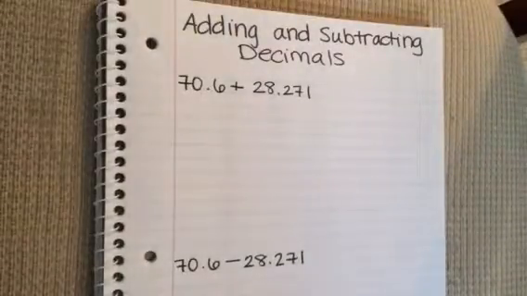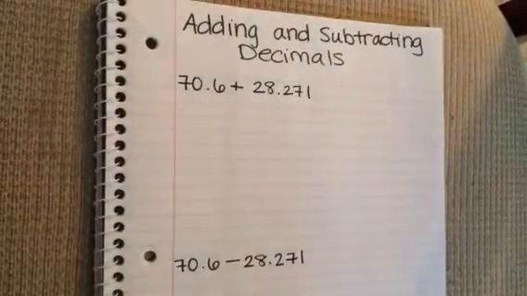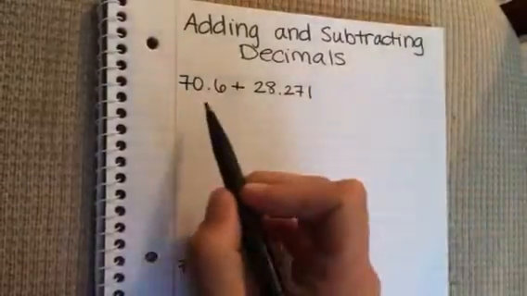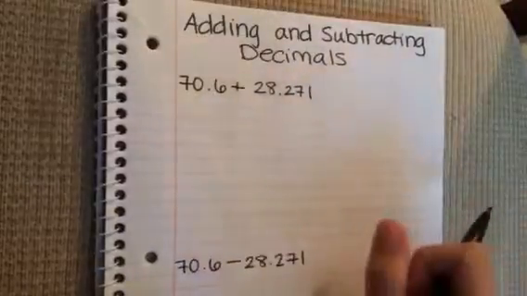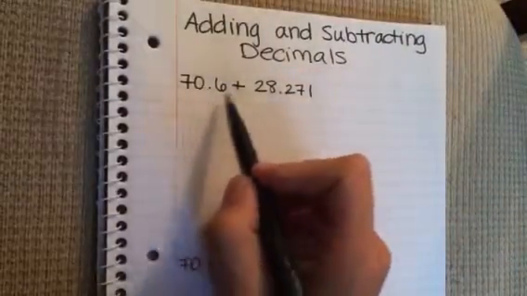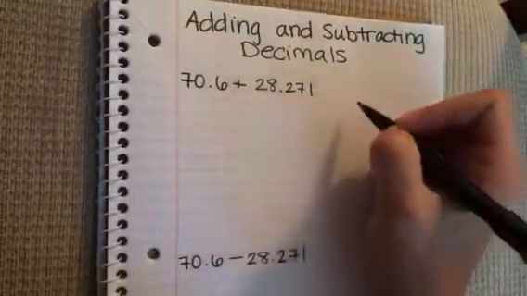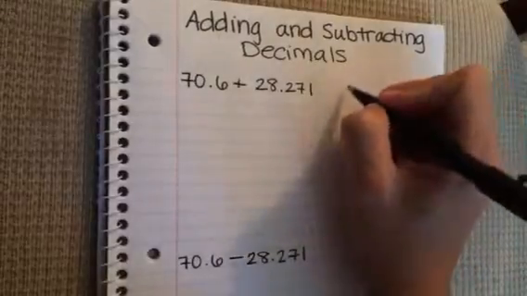Let's look at an example of adding and subtracting numbers that have decimals. If I have this addition problem, I can see that I have different numbers of digits in both numbers. This is laid out horizontally. For me, it helps if I lay it out vertically. So I have